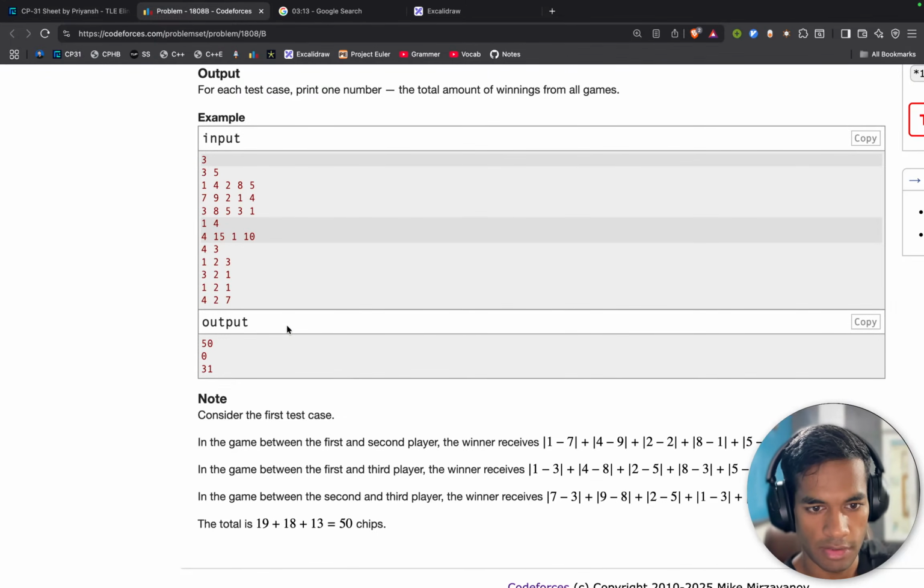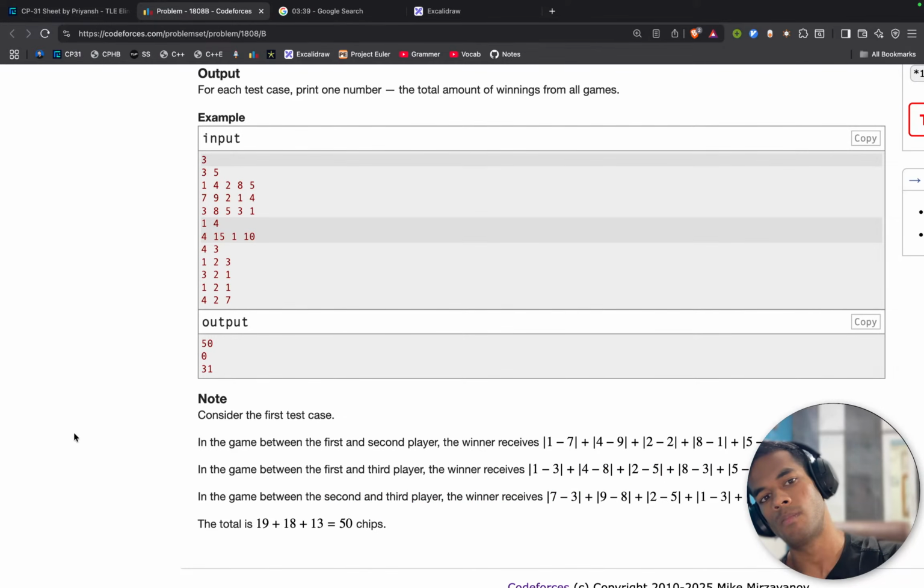Consider the first test case. The game between the first and the second player, the winner receives this many, 19 chips. The game between the first and the third player, the winner receives 18 chips. And in the game between the second and the third player, the winner receives 13 chips. First and second, the winner receives 19. First and third, winner receives this. And so this, and this. Okay,